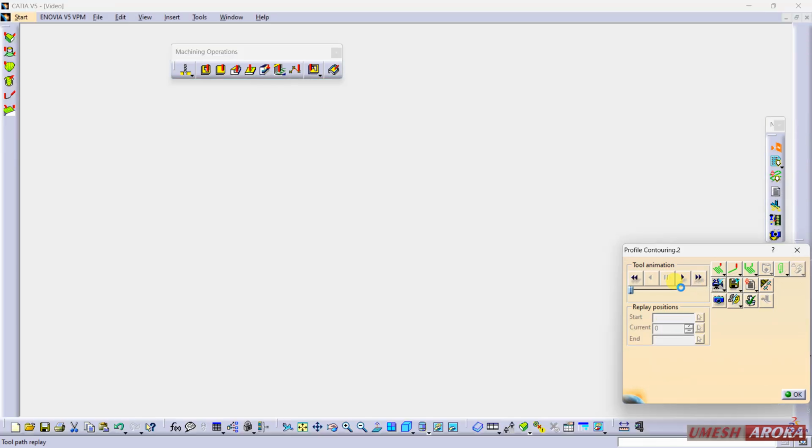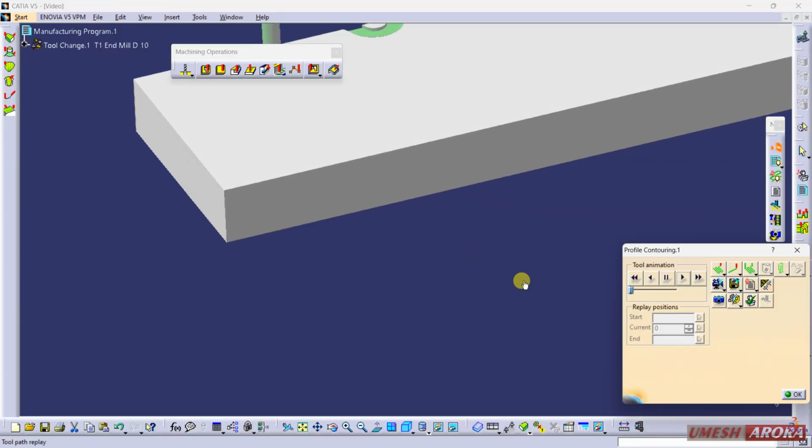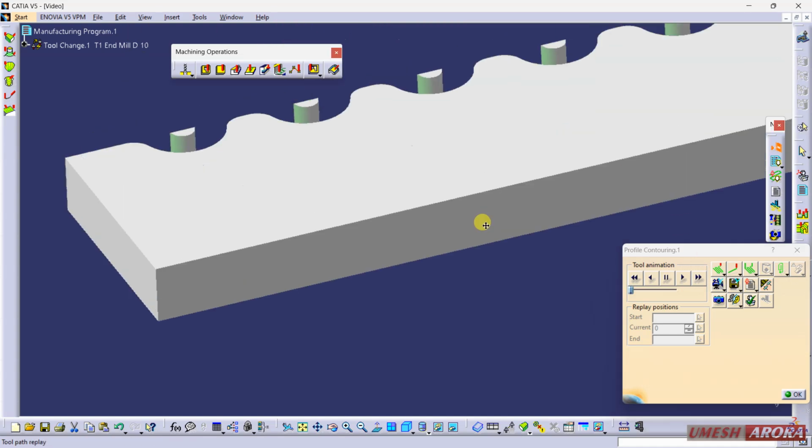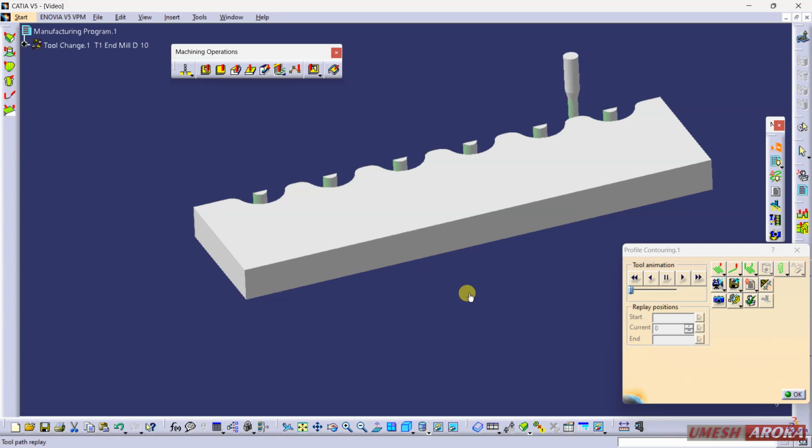Simulate this again. Click here. Right now 10 mm material is left on this bottom face.